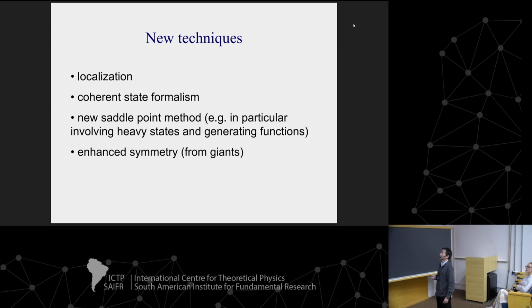And we also have the coherent state formalism, which was developed by Berenstein-Miller, Berenstein-Wang, Holguin, and also an alternative by Skenderis-Taylor. There's a new saddle point method, in particular for the correlation functions of heavy states and for the generating functions,